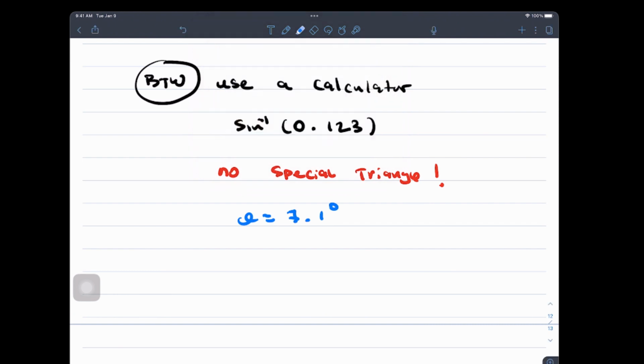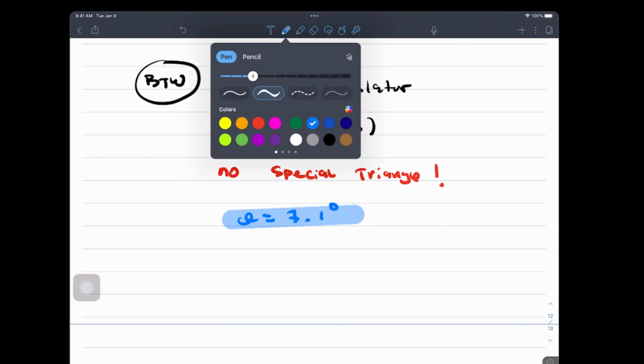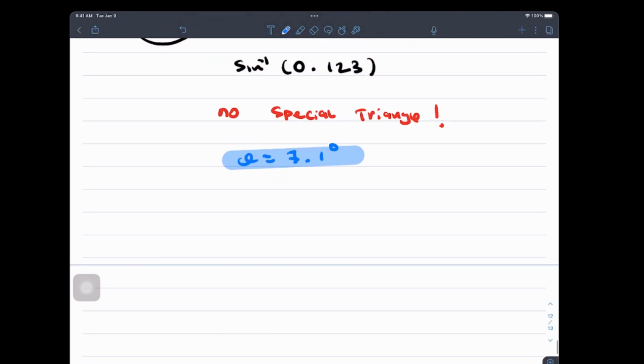So I just want to remark that some of these questions are going to ask you to use your calculator to do this because it's useful. Okay, calculators are useful, but most of the questions that they give you, I would say, in fact, 90%, 99%, unless they say use a calculator, they're going to be special triangles. So the questions generally are special triangles, but you might see some exotic questions and they're going to tell you use a calculator. Even if it's negative, you say, what if they told me what's negative